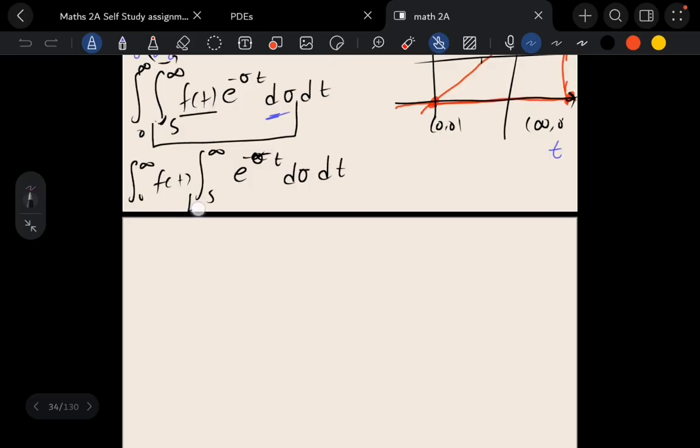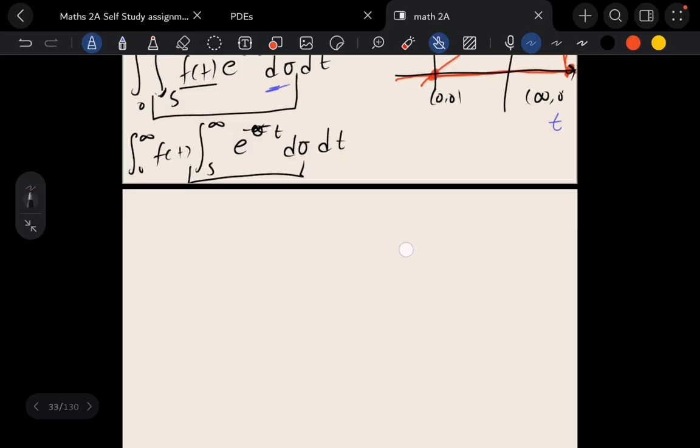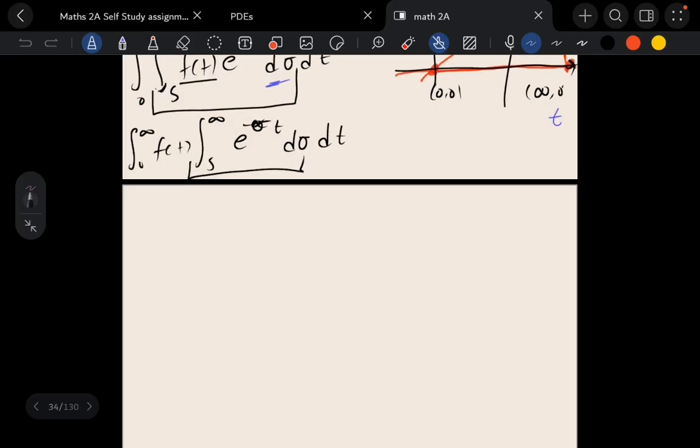Now let us use other properties of improper integrals. So I'm going to have the integral from 0 to infinity. This is just a proof, guys. This is just a proof. So it's an integral from 0 to infinity of f of t, and then we are going to have the